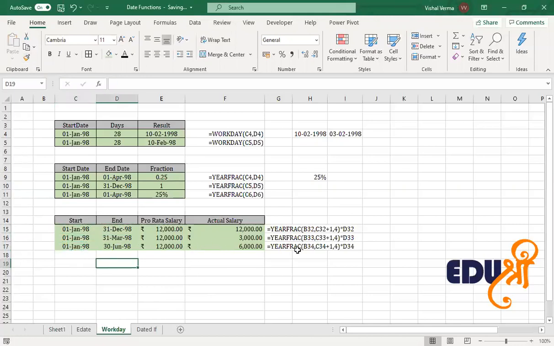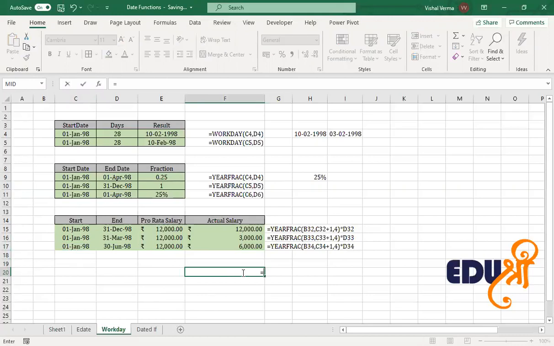So the actual salary is what is coming here. Let's put it here, that is YEARFRAC. Then we have the start date, and then we have the end date, and then we have to add one more day.